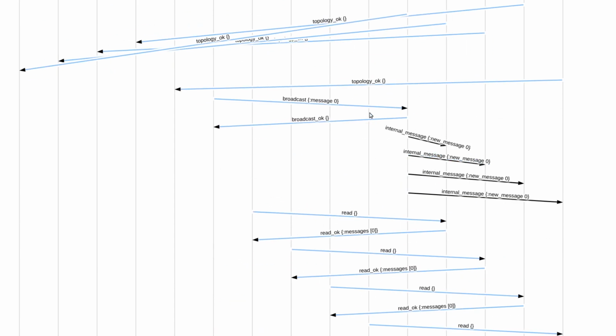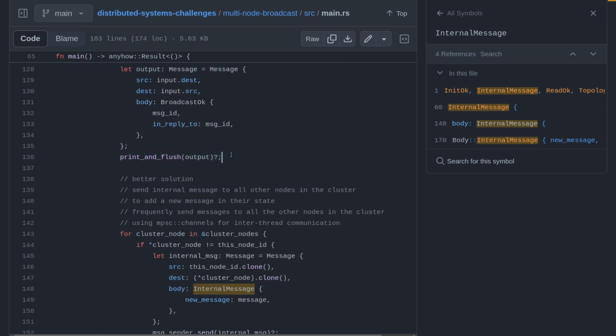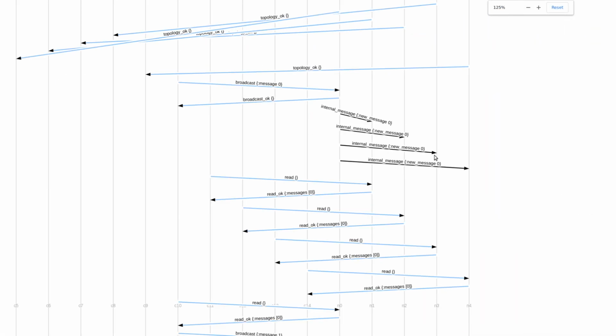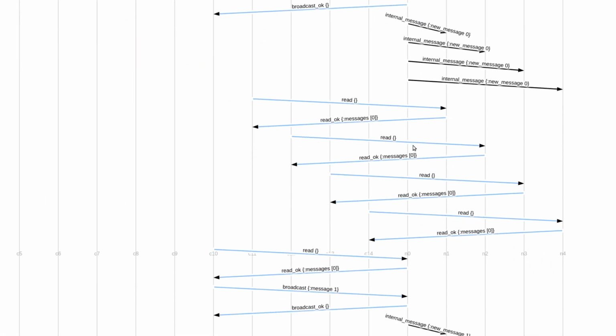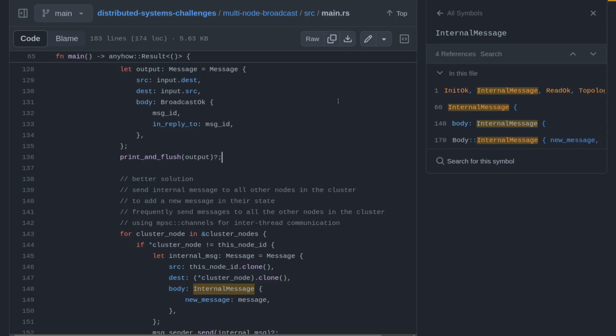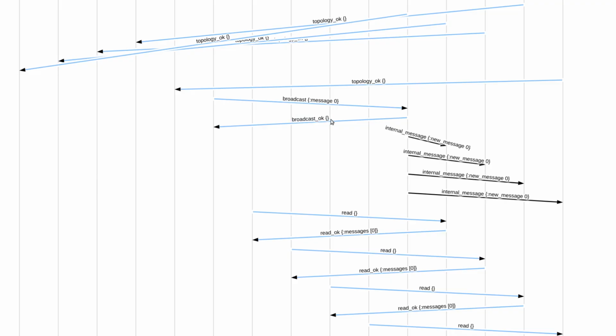For this internal message, as you can see, whenever a broadcast message occurs, we are first acknowledging it, and then we are sending 4 messages. We had 5 nodes in the cluster, so each node will send 4 other messages. You can also see the chronology of these messages. A broadcast message comes, we insert it into our hash set. After that, we send an acknowledgement message, broadcast OK message, and then we start sending the